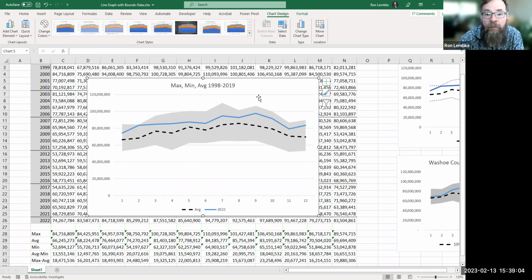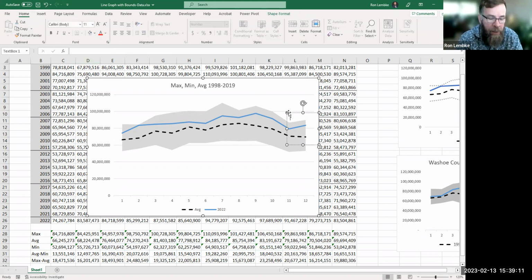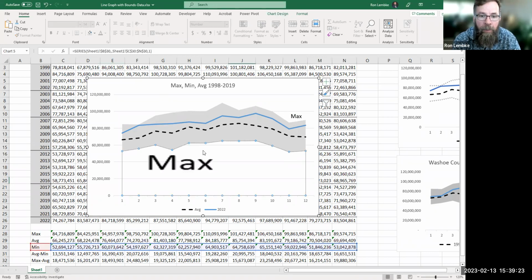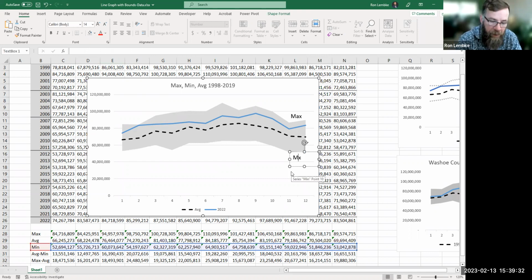But I still need to let people know where the maximum and the minimum are. So I'm going to go up here and insert a text box, type max, and shrink this up a little bit. Then I'm going to increase the font size, copy it with Control C, and paste it with Control V. I accidentally pasted that as the fill for the area below, which was kind of fun, but not what I was trying to do. So